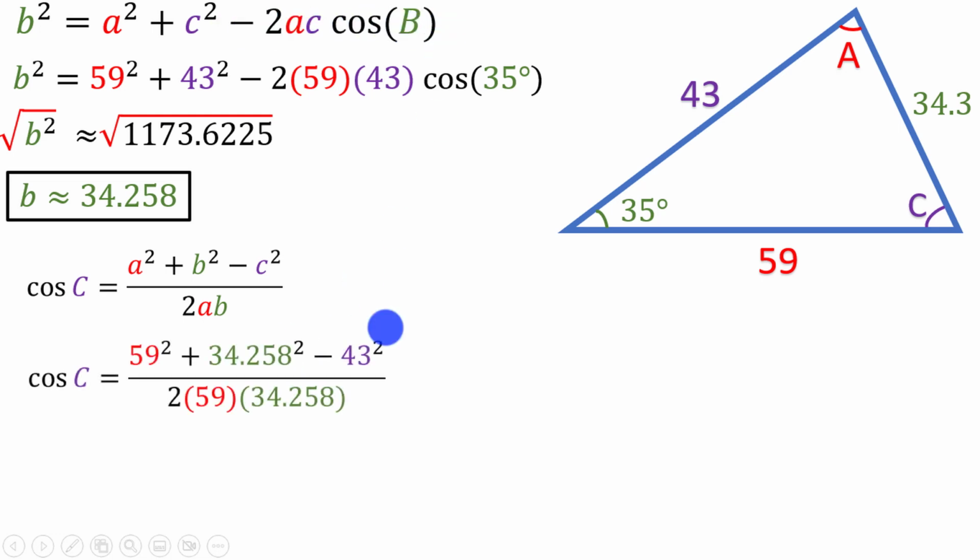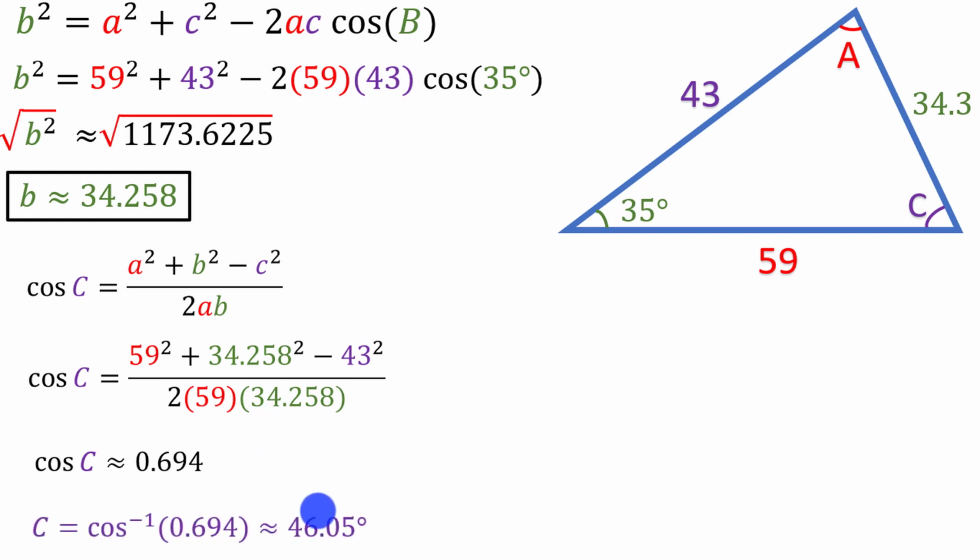If we plug into the formula, we must square and add the two adjacent sides to capital C, which are 59 and 34.258, and then we must subtract the opposite side squared, which is 43 squared. Then we divide by 2 times the two sides that were adjacent to capital C, which are 59 and 34.258. If you plug this into your calculator, you get approximately 0.694. If we take the inverse cosine of both sides, we will get approximately 46.05 degrees,